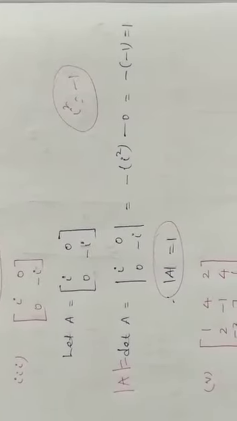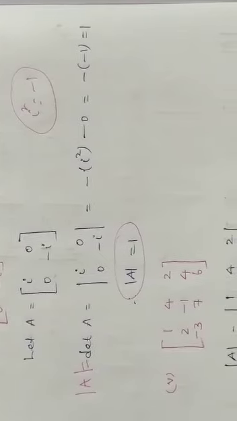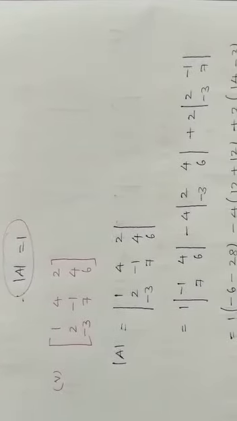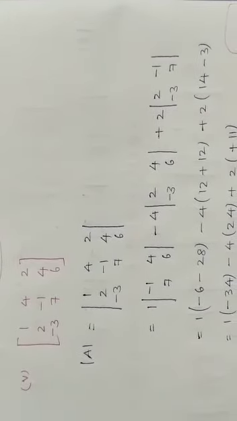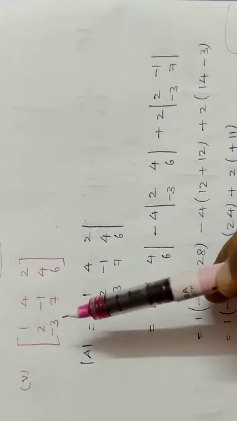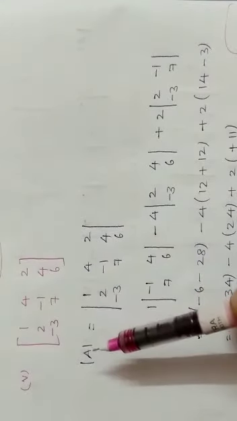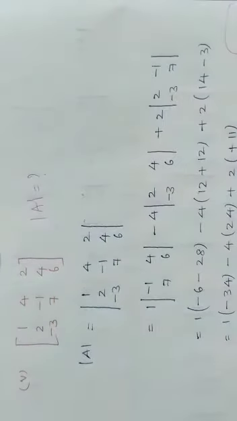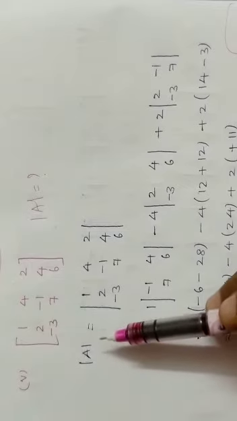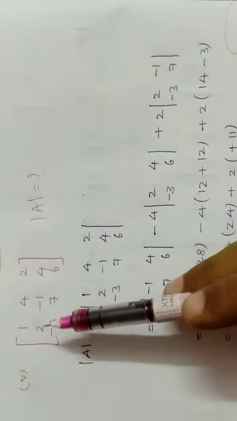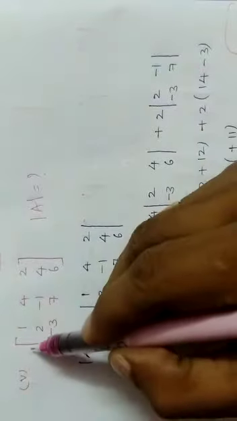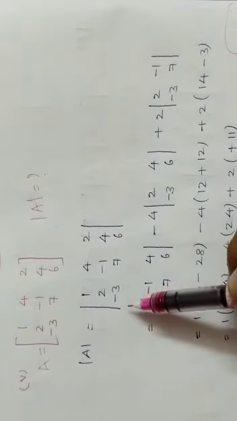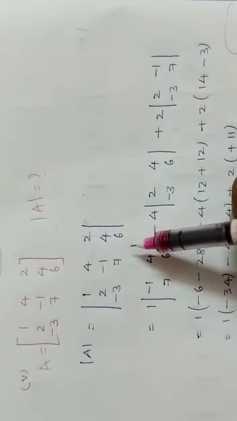Now, how to find det of a 3 by 3 matrix? A 3 by 3 matrix is given, asking to find det A. So det A equal to, naming this matrix as A. I shall name this matrix as A. So det A equal to det, the matrix A is written here,